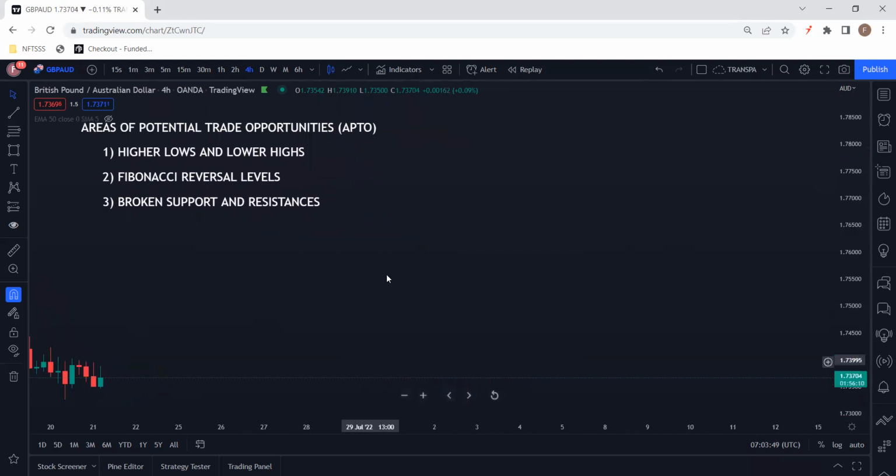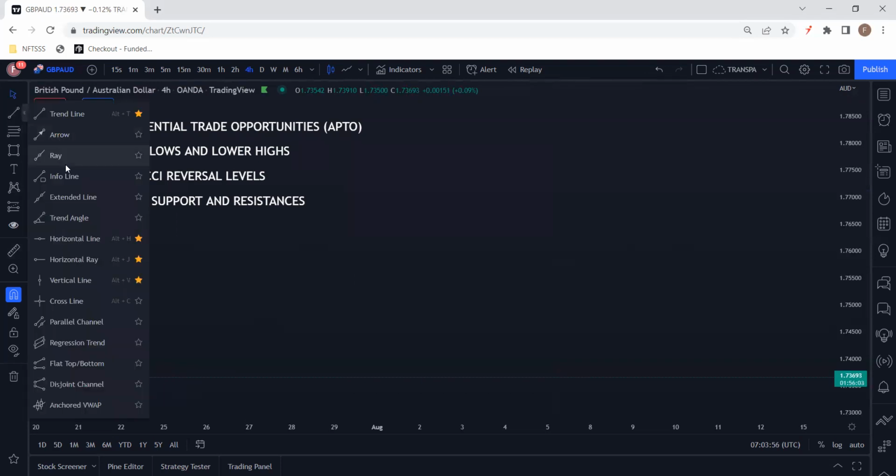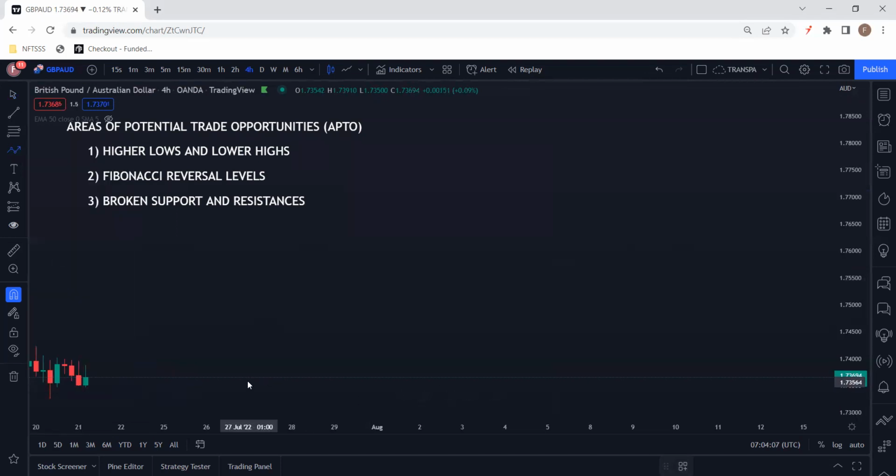Just like we said in the previous video, once you get into the chart, you want to identify the market structure. Is the market trending or is it ranging? We're very much interested in a trending market, either an uptrending market or a downtrending market. So assuming we have identified the structure of the market,